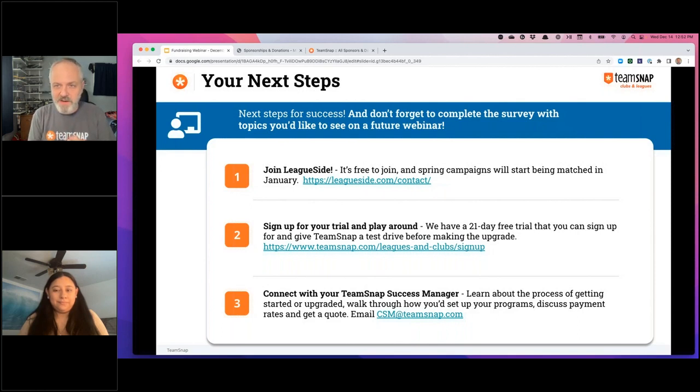Another question: is there a difference between being a sponsor or a traditional advertiser on the TeamSnap platform? Are the terms interchangeable? I think we have some different teams there for sponsors. LeagueSide is really going to be the sponsorship platform that we're working with, connecting those national brands. But they are also part of our team that has a very robust advertisement platform as well. So here's what I would say: stay tuned. 2023 is going to be exciting for brands to be able to participate in all of those.